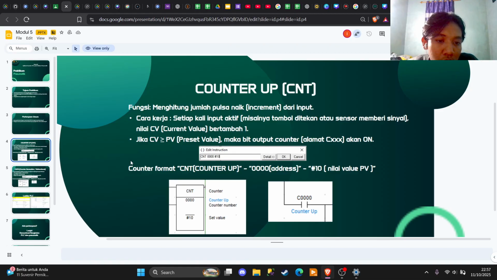The counter format in CX Programmer is counter up, 000 is the address, and 10 is the value PV.